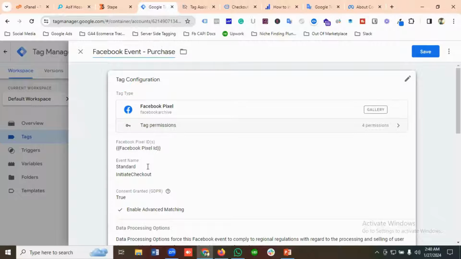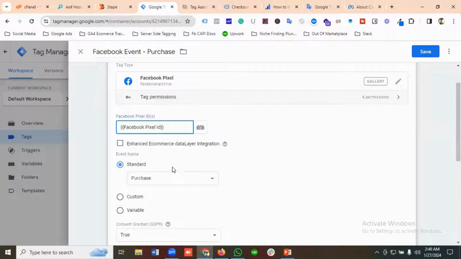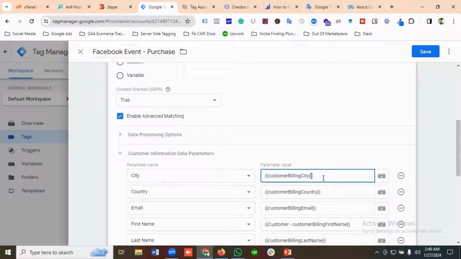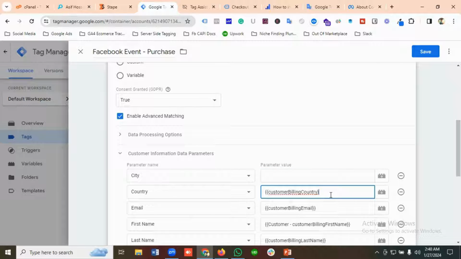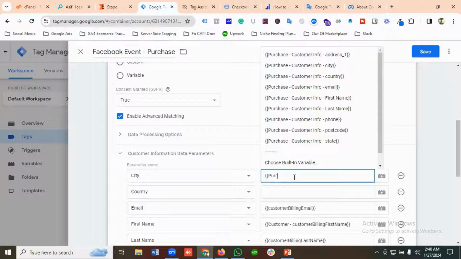Okay, cool. And I'll give the event name as purchase. Yeah, this one enable advanced matching. And instead of using this, for city, I'll be using purchase